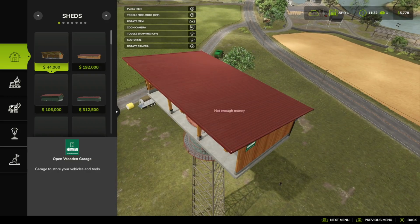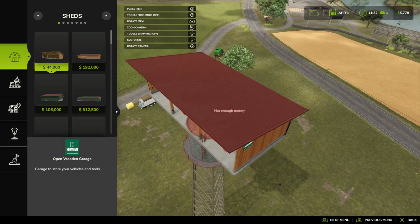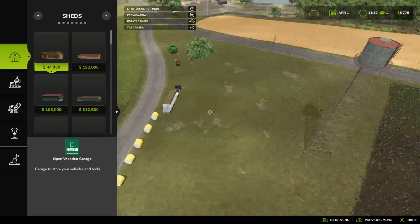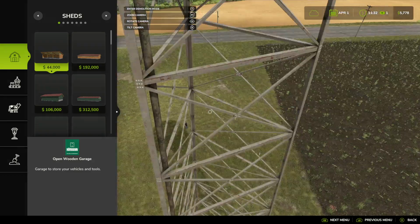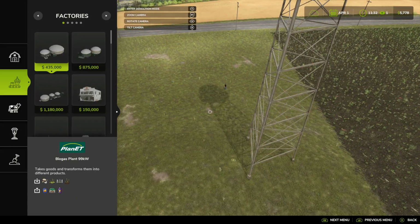Nope, we don't want to put a shed up there. Can you really put that on top of there? Huh? If you put it on free mode, you could put a shed on top of the water tower. That'd be weird. I'm gonna say we can't get rid of this one. Unless... How do you go...